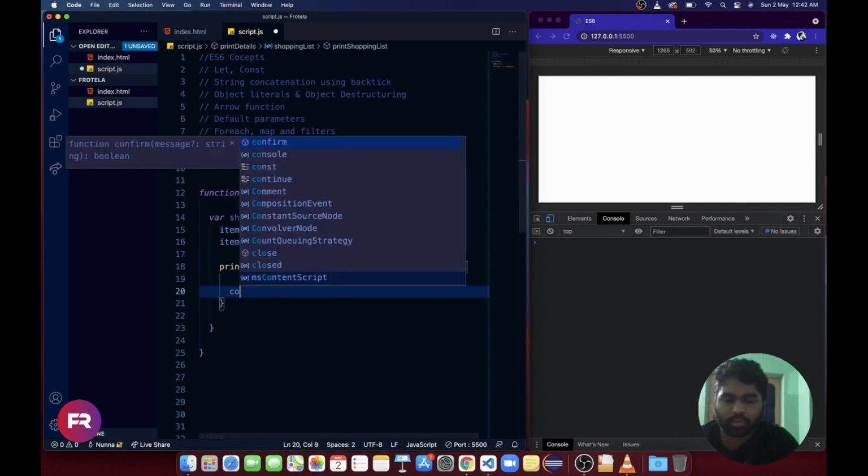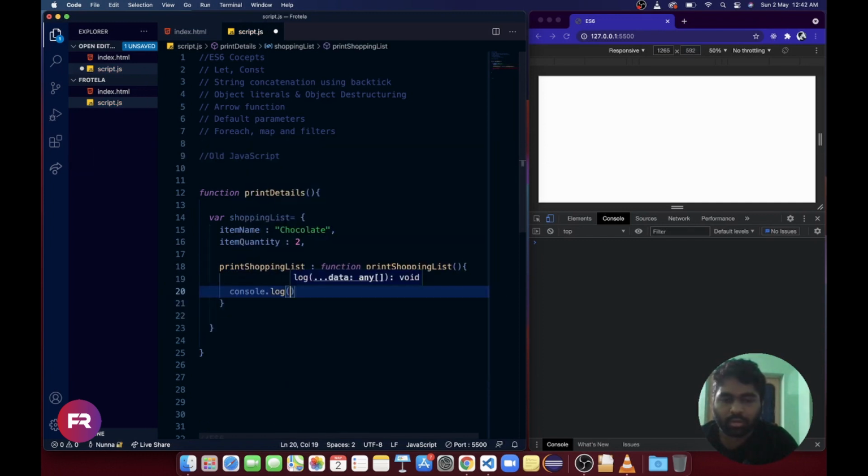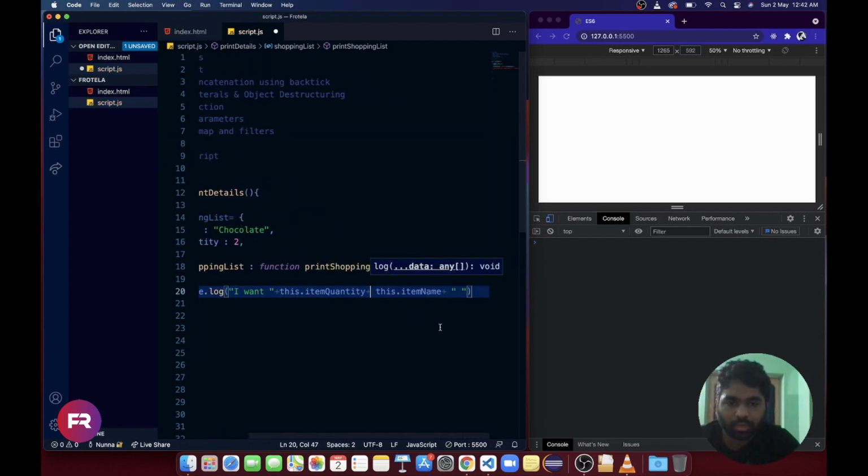Now if I console.log, I want, here you can use this.itemName plus I want chocolate, I want 2 chocolates. Let me give here item quantity. Now you can see, let me add a space here.